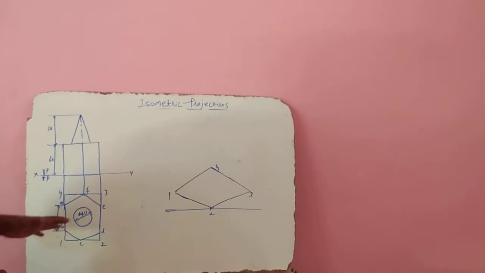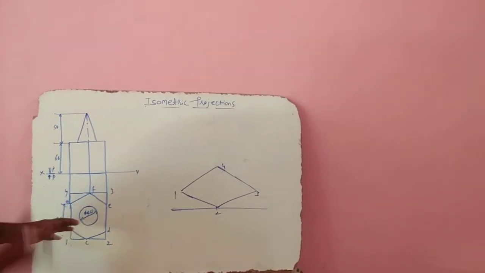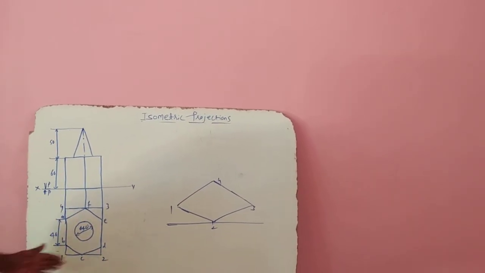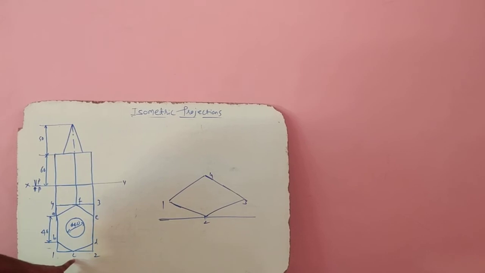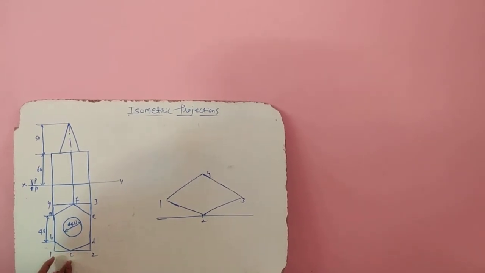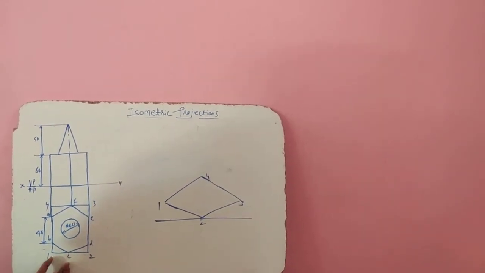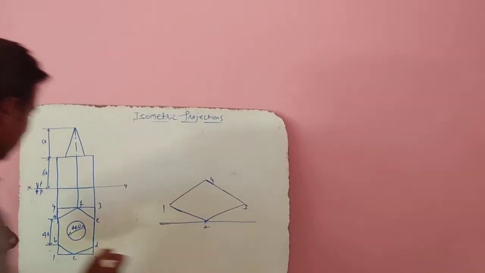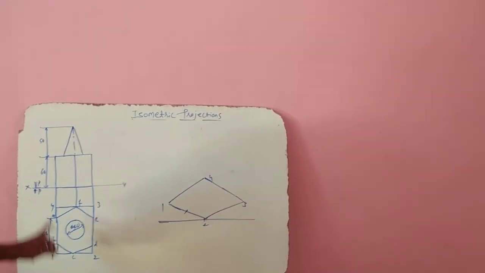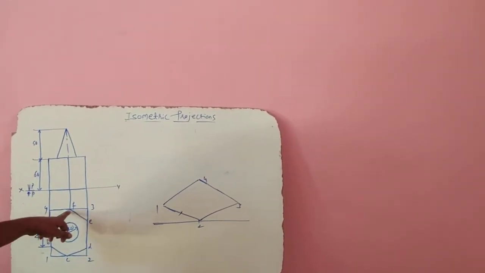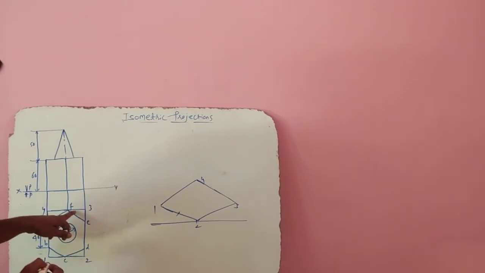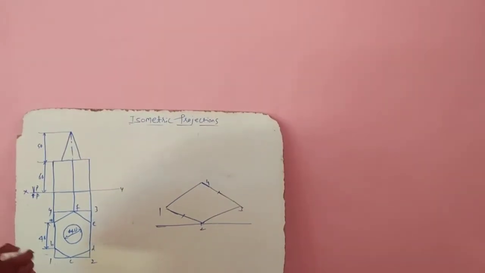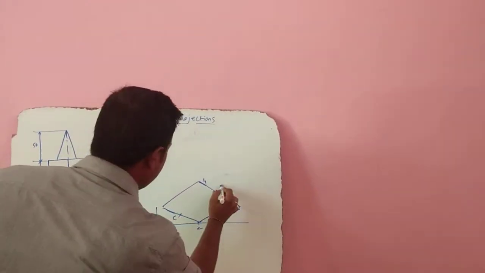Now the only thing is we need to transfer all the annotations, that is the corners A to F, onto these lines. Let's start from this point. On 1 to 2 you have the C corner. Measure the 1 to C distance, convert that to isometric length by multiplying by 0.816, or you can use an isometric scale, and mark the corner C. Similarly, on 3 to 4 you have the F corner. Measure 3 to F or 4 to F, either one, and mark it on this line. Now we have the corners C and F.